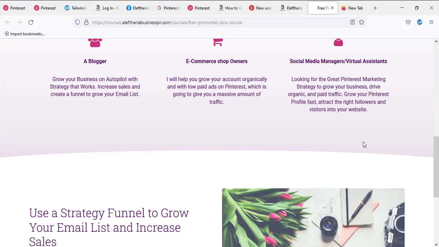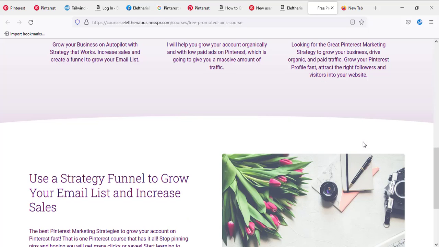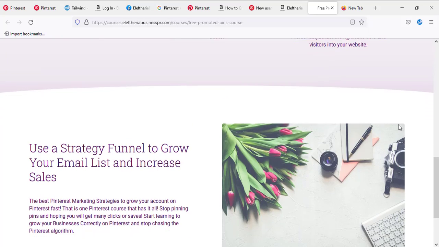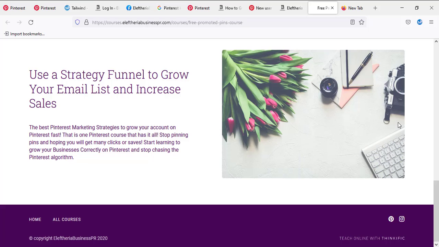I also give you a lot of tips inside the course on how to use different kinds of budgets, where to start if you just started, and how much you have to spend at the beginning. And remember, performance is very important, and also the algorithm. So we need to do things that favor the algorithm.